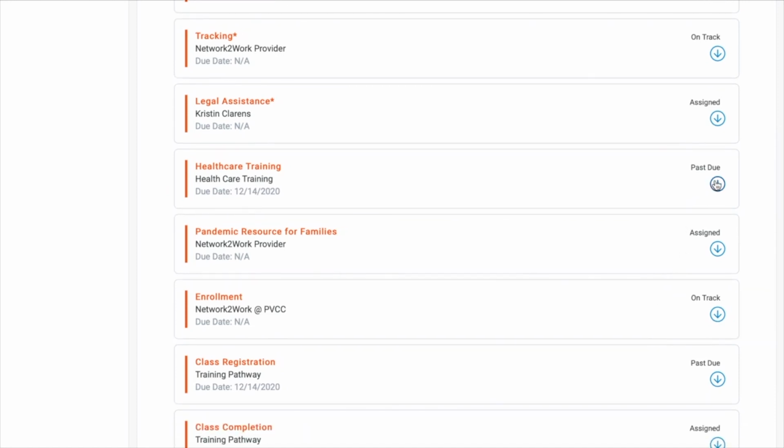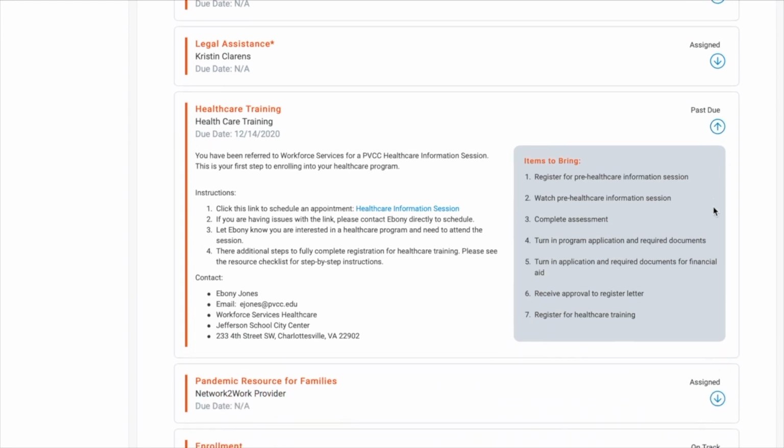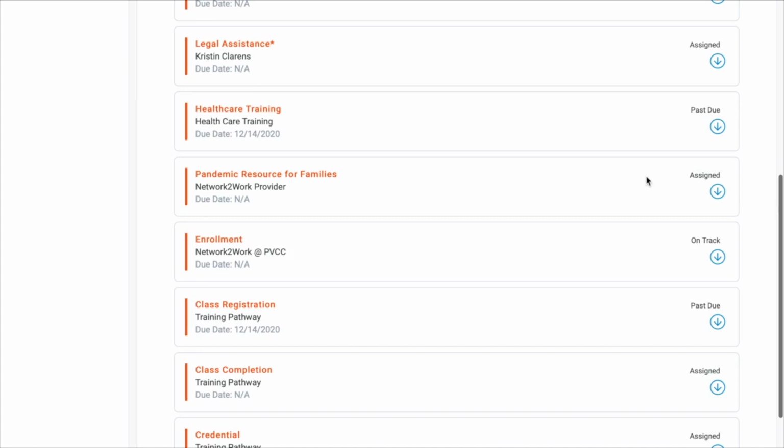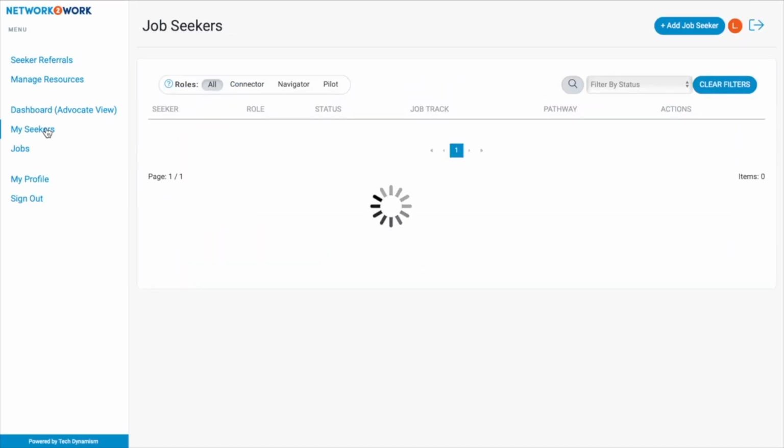You can click on the down arrow and it opens up the instructions that also appear for the job seeker that lets them know how to connect with that provider. It also gives you the instructions in case you want to help that job seeker make that connection yourself. You can go back to the roster